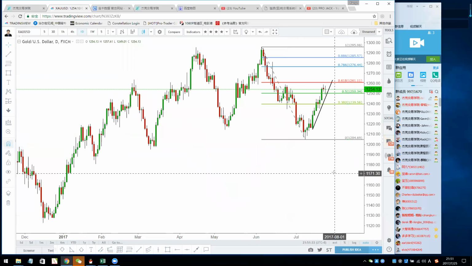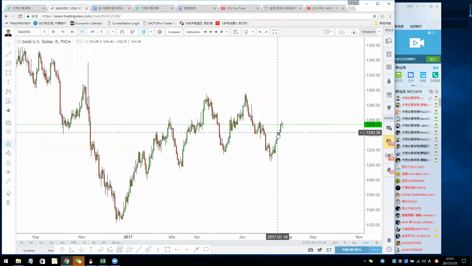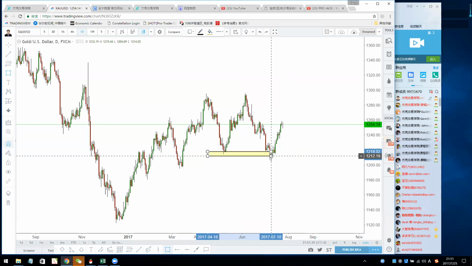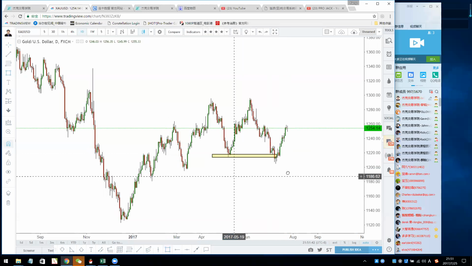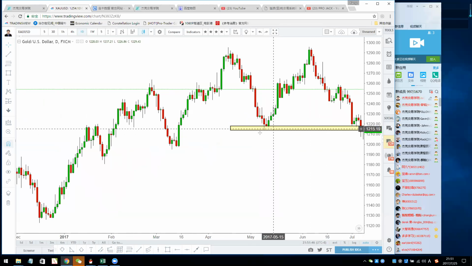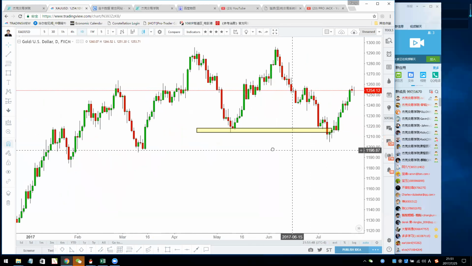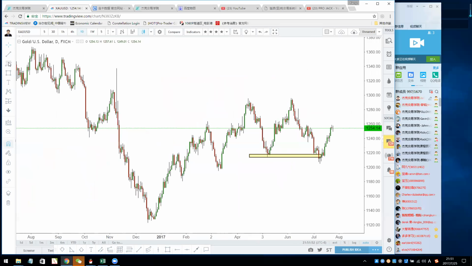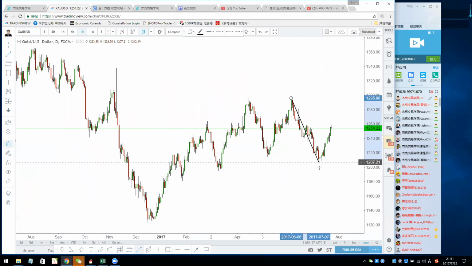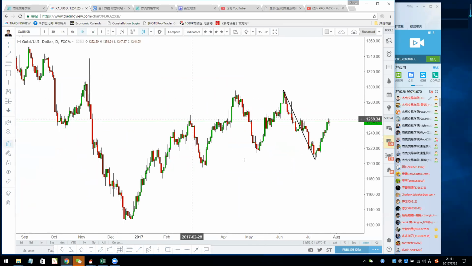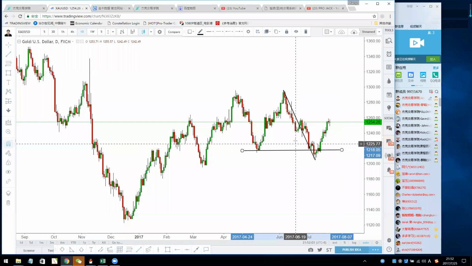So in the large time frame, since the gold can break this point, this is telling you that something is wrong. It is no longer a very bullish trend, because a bullish trend shouldn't have this lower low. So this rally may become a correction wave of the previous down wave from here, because this wave makes some sense. This down wave breaks a new low. That's the key point. It breaks a new low.